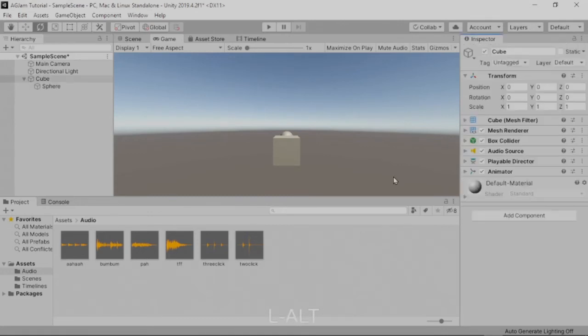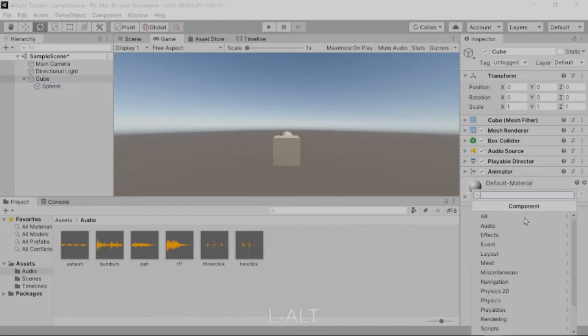Now, Unity treats scripts just like any other component. So in order to create a new script, we're actually going to click on the Add Component button. Because I want to play the sound out of the audio source that's on the cube, I'm going to add this script onto our cube object. It could be anywhere, really, but in this case it makes a bit more sense to me to have that component on the cube. So I'm going to click on Add Component,